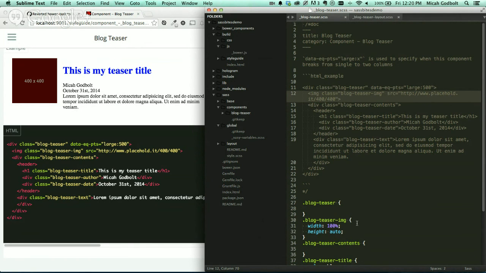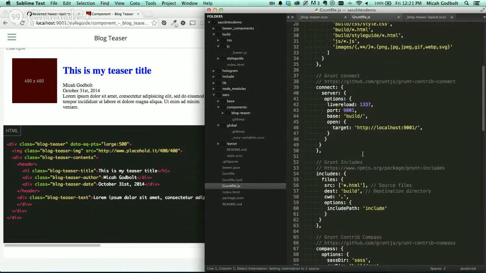I might jump ahead and get a bunch more components put in, because really it's just repeating this process over and over again and getting those components in. We'll probably also talk about styling processes with pulling in extends and using mixins and those kinds of things. But I'm intentionally keeping this really simple, because these are just the basic ideas and how you use these pieces together. So again, we have our grunt file,